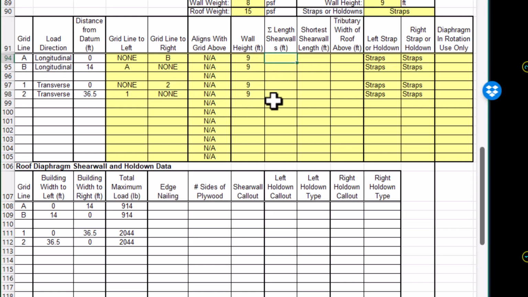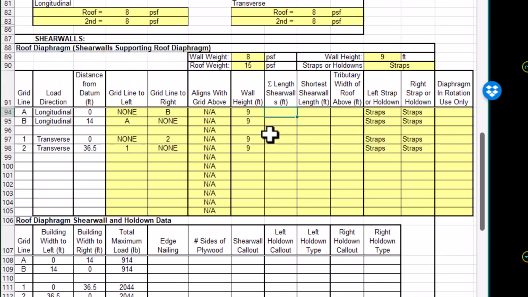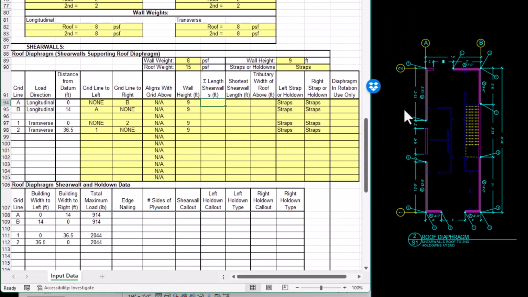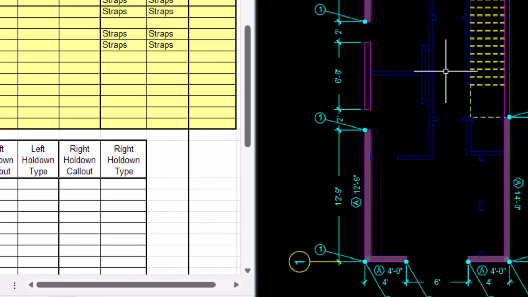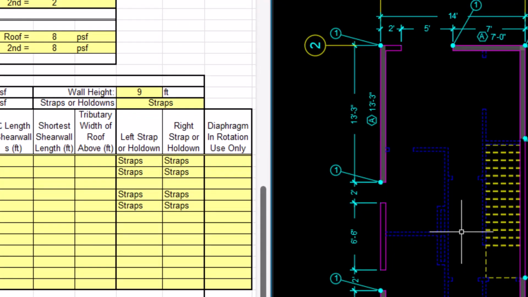Sometimes one wall can be different than the rest of the wall heights for a given story. And this is the number that Shearwall Pro uses for the overturning and uplift calculations and sizing the straps and hold downs for each individual grid line. So let's enter our shear walls. So for grid line A, if we look right here, we have a 12-foot 9 and a 13-foot 3